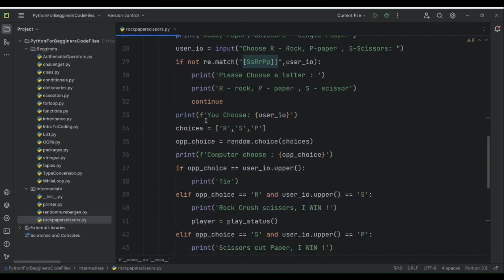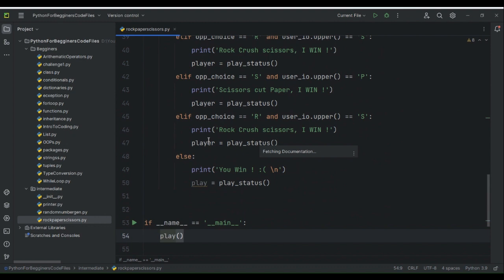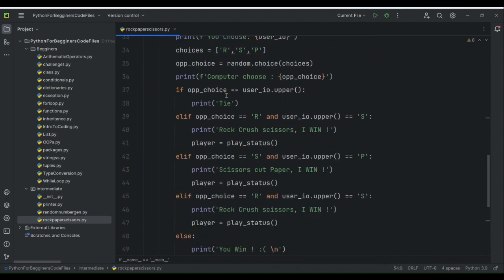So now I will explain the conditions here. We have four conditions. If the opposition's choice is equal to the user's choice, then we will print tie. If the opposition's choice is equal to R and the user's choice is S, then rock crushes scissors, so the computer wins,